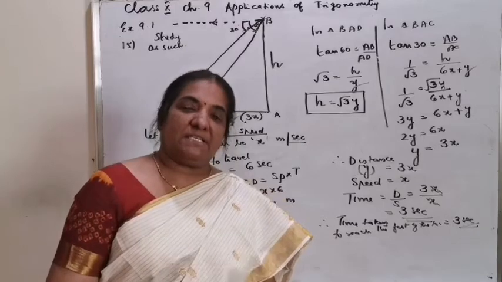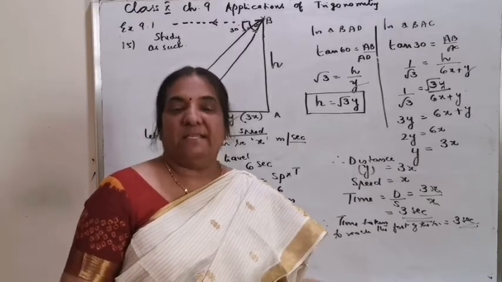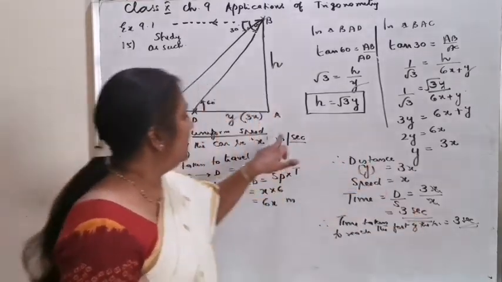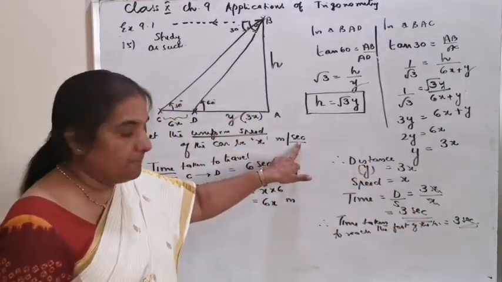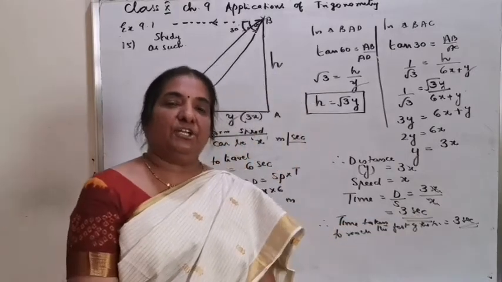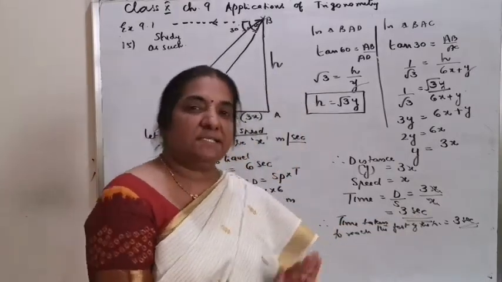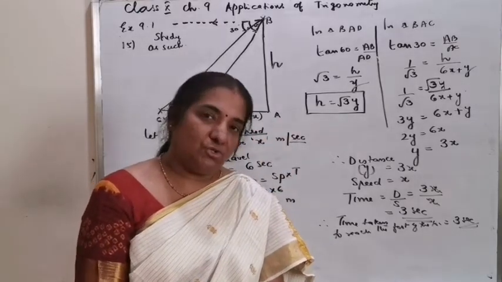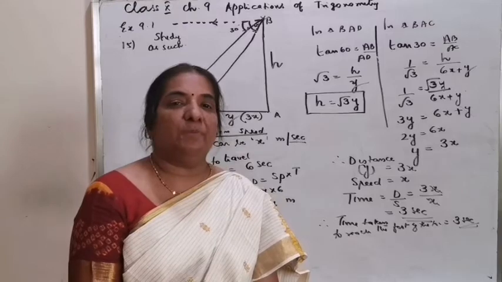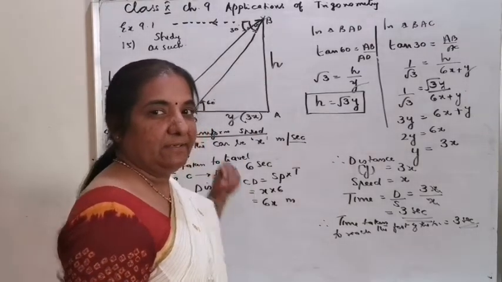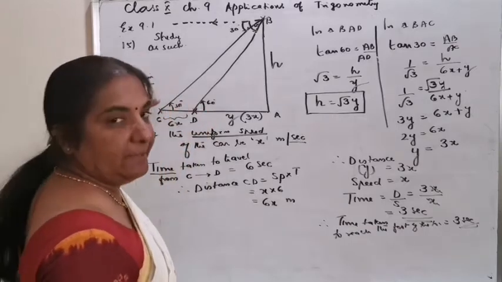Now, whether the question is 6 seconds or 6 minutes, follow the same pattern. The unit you have taken here, if it is meter per minute, time also you will get in minutes. That's all. No need for conversion into kilometer per hour. Just leave the answer. Follow the pattern for any number change also. It can be asked as a 4-mark question. Introduction also has to be given. I forgot to write it in the beginning.